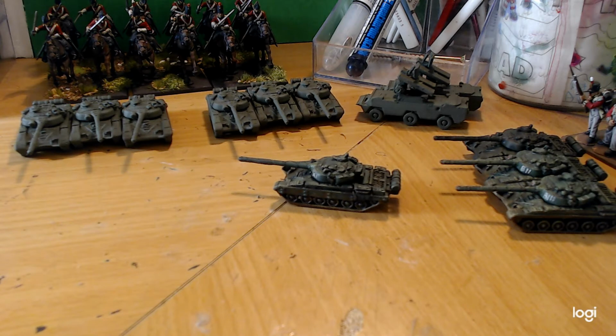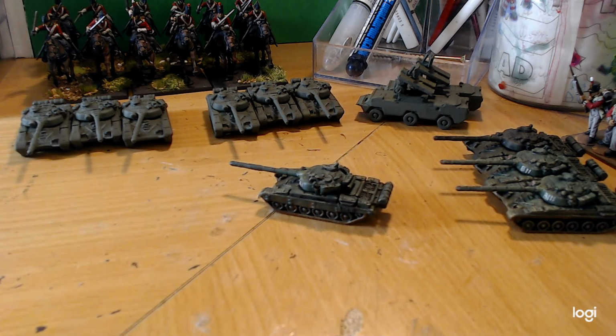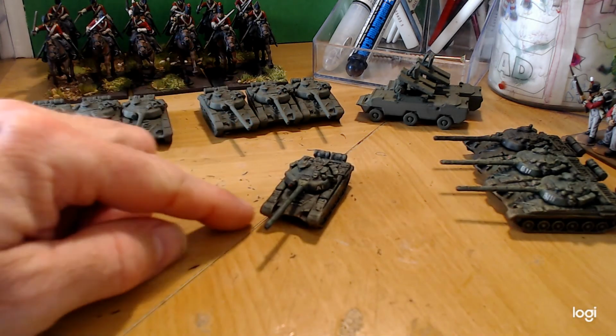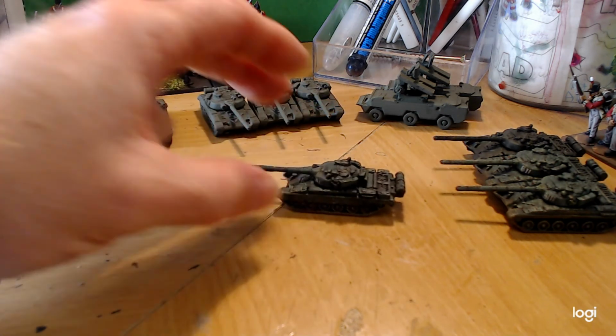So I'm doing up some Soviets right now, and hopefully I will have some British when the pre-orders, I think they go live on the 18th of this month, October. So what I'm doing right now is painting up a T-72 tank company. I've got some of my guys, a couple of them test miniatures I've painted up already, and I like how